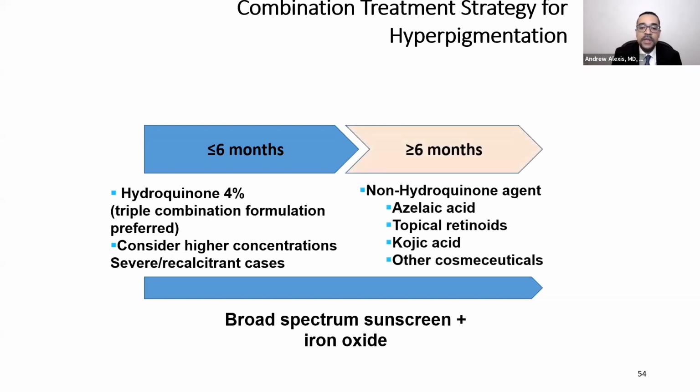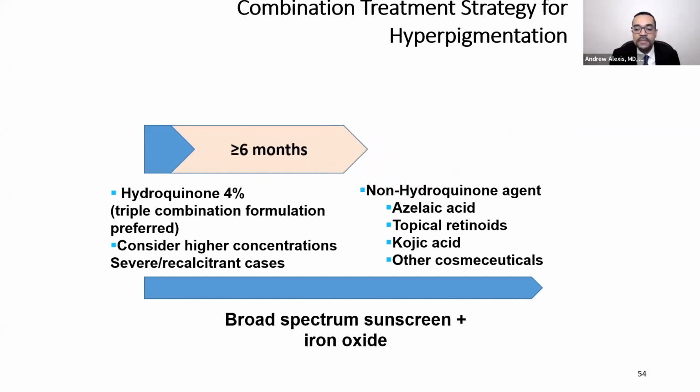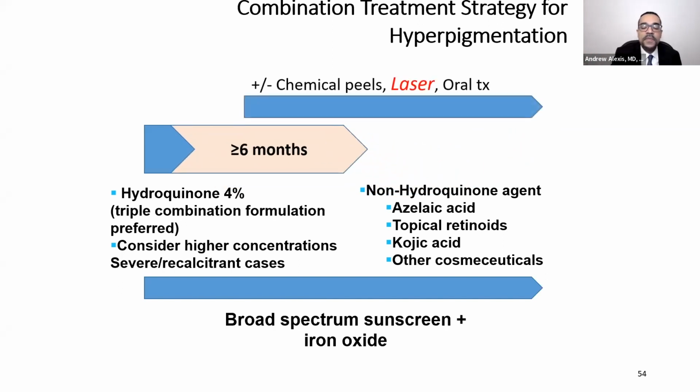And so we typically turn to non-hydroquinone agents, including azelaic acid, topical retinoids, and a growing list of cosmeceuticals that have unique ingredients beyond hydroquinone that can be used sequentially or concurrently to enhance the efficacy, because many times with topical therapy alone, you reach a certain plateau where you're not getting any further responses. And this is where we turn to our in-office procedures, including superficial chemical peels, lasers with caution,